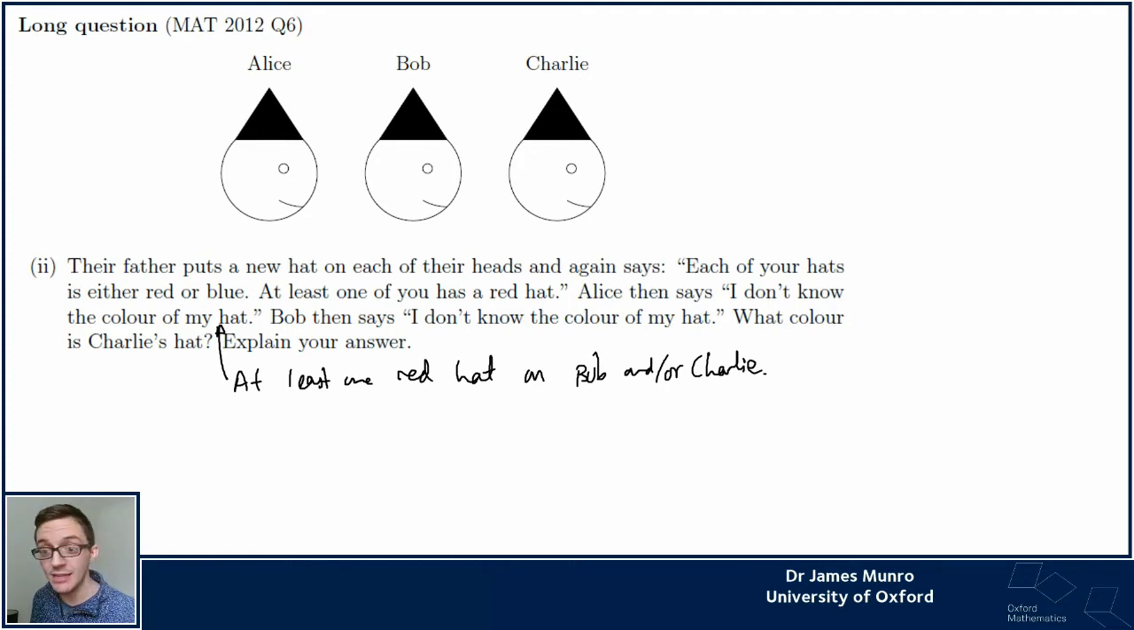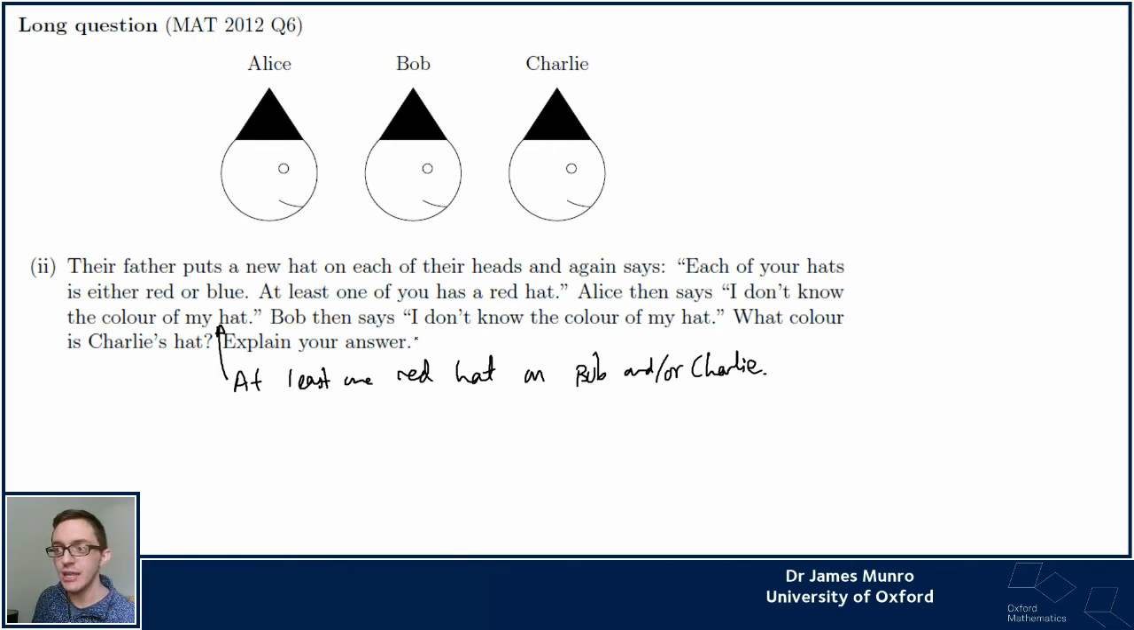And Bob hears that, I suppose. Bob hears Alice say, "I don't know." So Bob knows that Alice doesn't know. So there's at least one red hat on Bob or Charlie from the first statement, and Bob has this information. Alice says that. Bob now then says, "I don't know the colour of my hat," which seems a bit weird